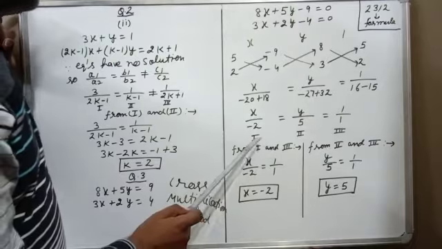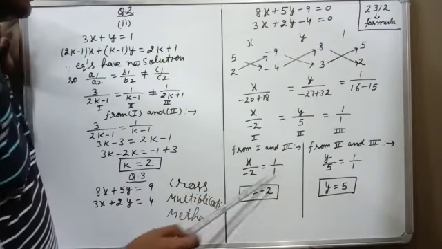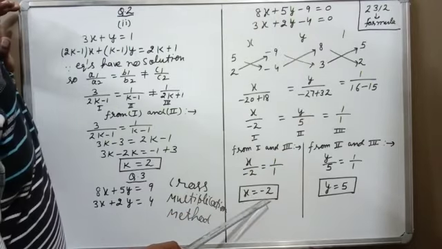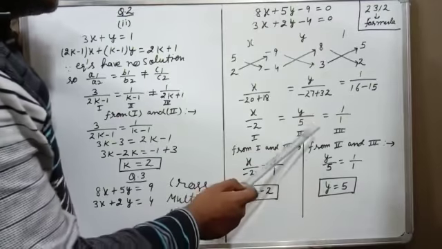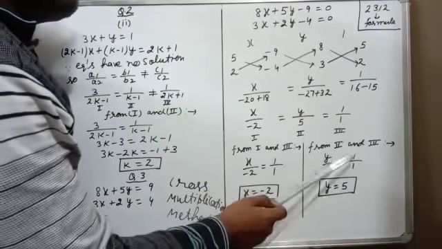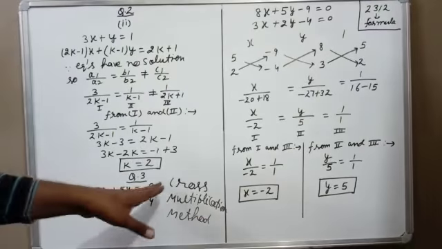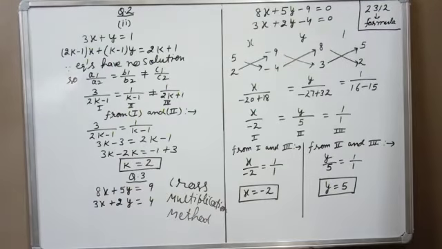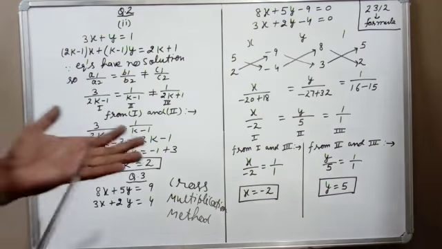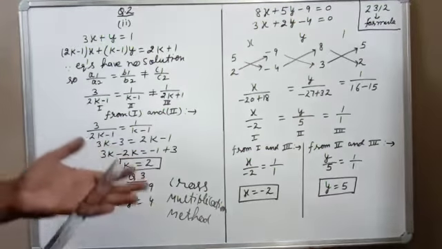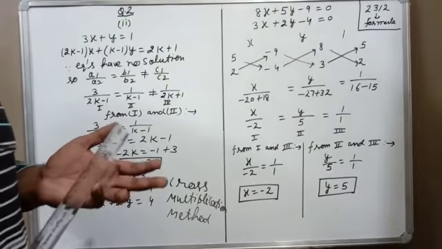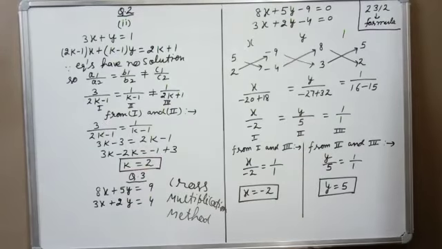Now we will take the first and third values and cross multiply, then the first answer is x equals minus 2. Then we will take the second pair, that is y upon 5 and 1 upon 1, again we cross multiply, and the value of y is 5. So we revised one more question using the cross multiplication method. Now we have revised all three methods. First we studied substitution, second elimination, and third the cross multiplication method. But again I am revising, out of these three the most important method is elimination.